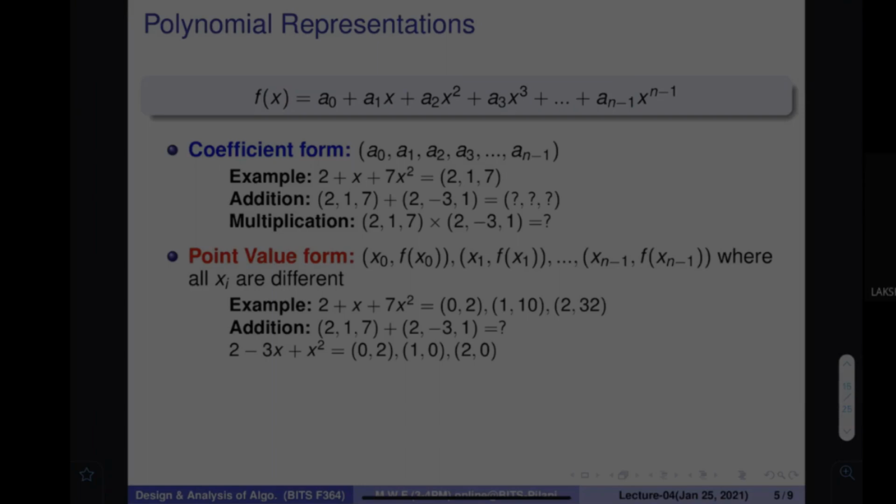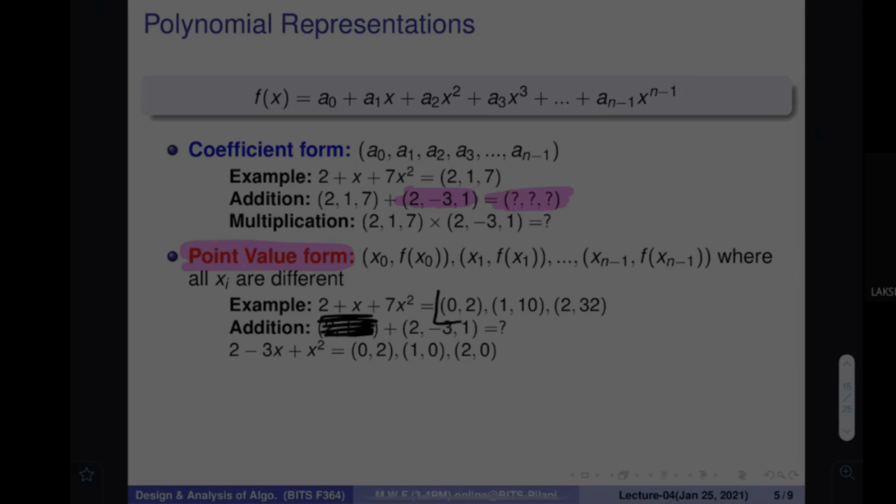So if I say something very simple, like 217 plus 2 minus 31, can you find this? Actually, I have written this question wrong for the point value form, because in the point value form this would not be the case. 217 is this, and 2 minus 31 is written here, which we earlier used for the addition. I just want to find this value once again. So this is not the right way to give me the question. You can say, sir, in the point value representation, this is not the right way. You give me the point value representation.